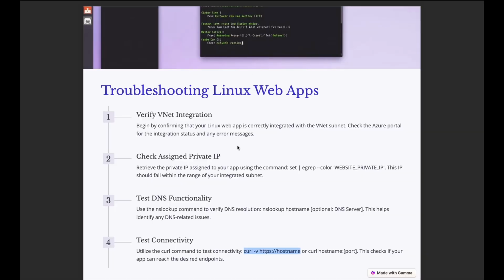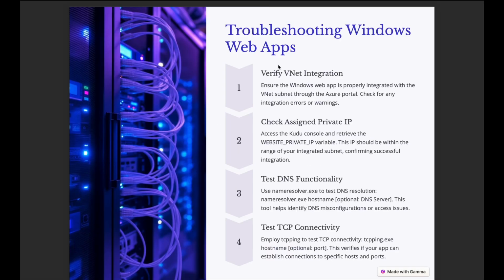Proceeding next with the Windows web app. So the steps are similar, we need to verify the VNet integration. We need to check the assigned private IP first. So this private IP can help you when you check the private IP of your web apps, it will help you in checking the source address from the firewall devices to see if it's getting blocked from the virtual appliances or the firewall. Next, we'll use that to test the DNS functionality. We are going to use nameresolver.exe,